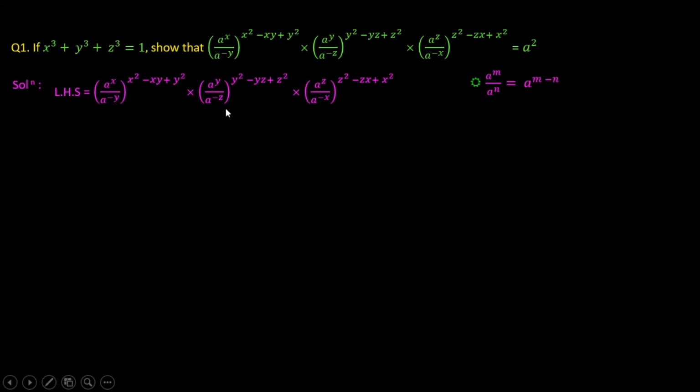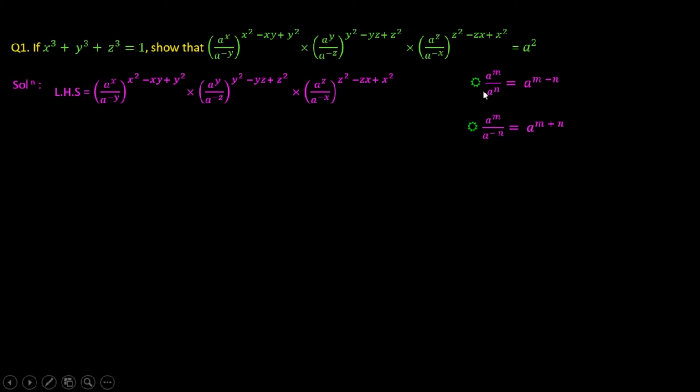To solve this inside the bracket part, we have to know this formula, as I have already made a video on laws of indices, so try to watch that video. So here a to the power m upon a to the power n, this formula says when we take this denominator